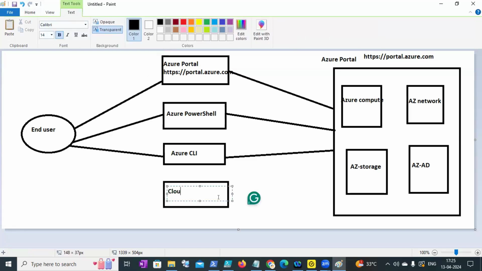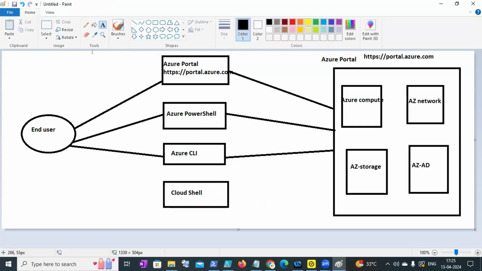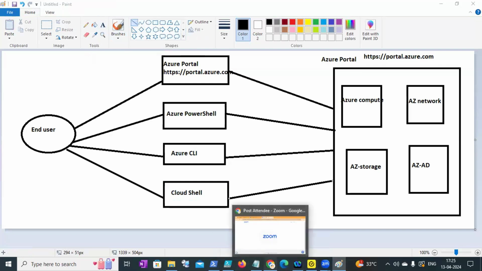This Cloud Shell has both: separately we access Azure PowerShell, and separately Azure CLI, the command line interface. Inside Azure, both PowerShell and CLI are integrated. Say for example, you will open